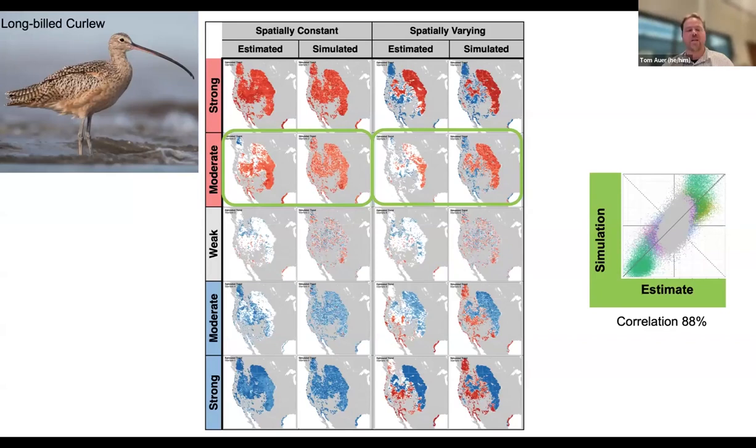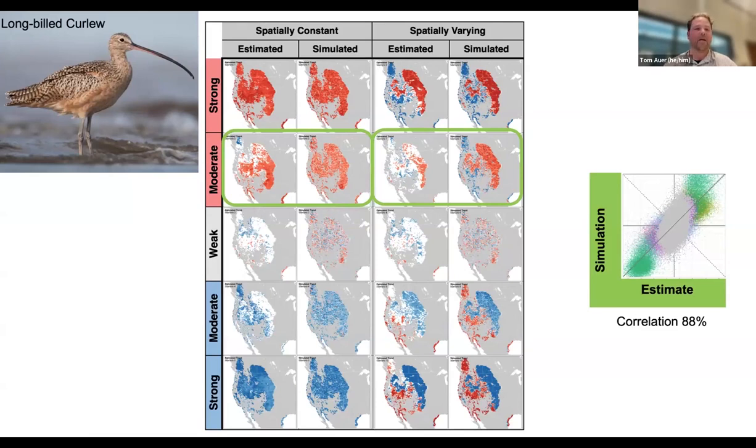And if you were to focus in on some of these pairs, a couple that are highlighted here in green, if you look at them left and right, there are more substantial differences between the simulated and estimated values and how they're varying. But still, at an 88% correlation, we're fairly confident that what we're generating in terms of real data estimates of the trends are reliable.